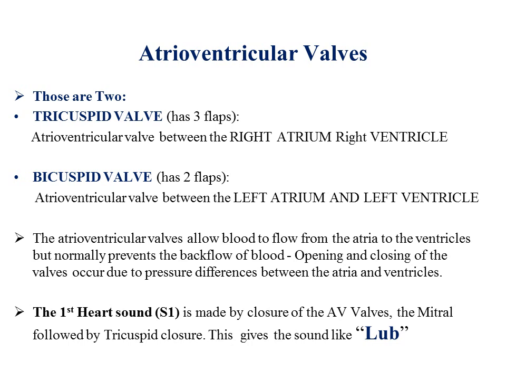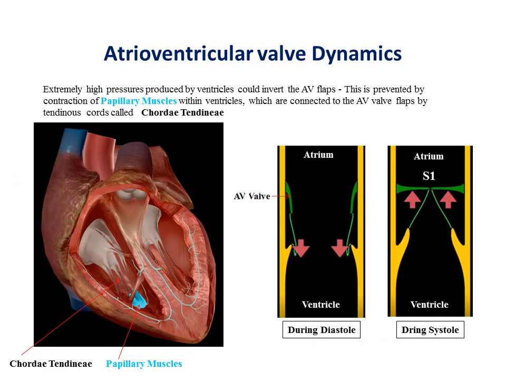This closing of the atrioventricular valve has a clinical implication, which is giving the first heart sound, which is composed of two components. The first component is the mitral valve closure, followed by the tricuspid closure, and it is represented by the word lub, in contrast to the dub, which is during the diastole, the closure of the semilunar valves. We shall explain it in